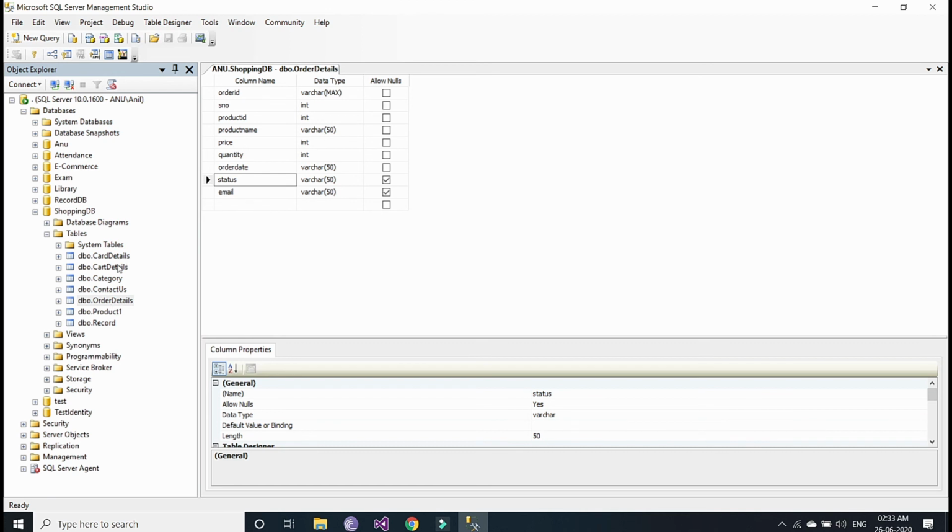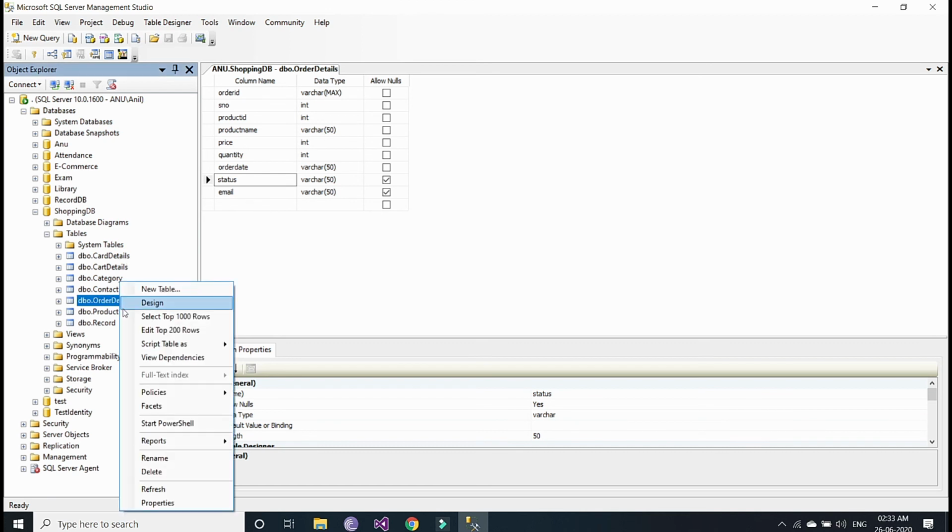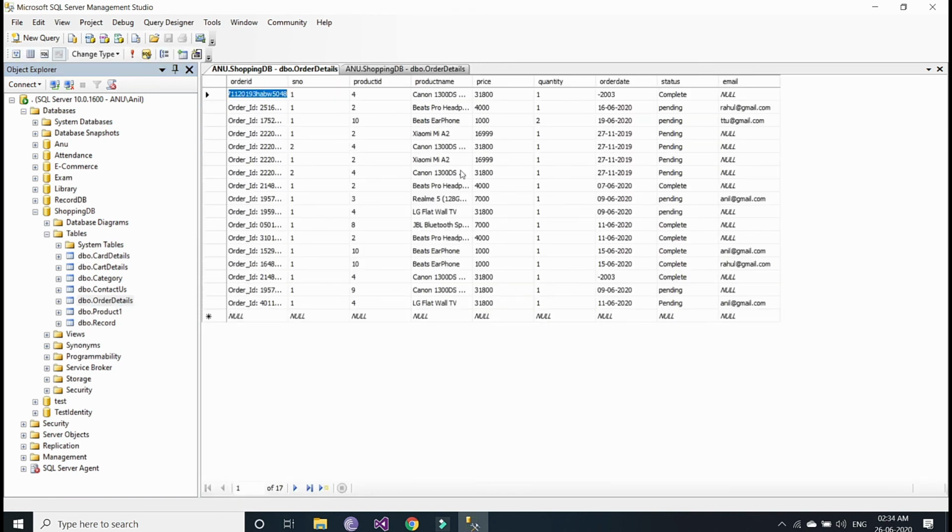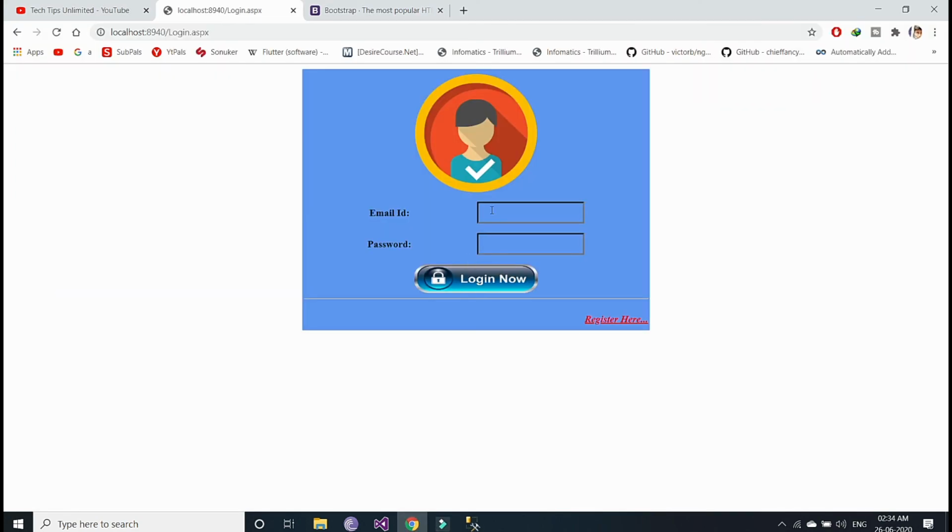In order details, let's see the data. You can see the email ID. I have created one new user with only one record, that is TTU at gmail.com. Let's log in with that.